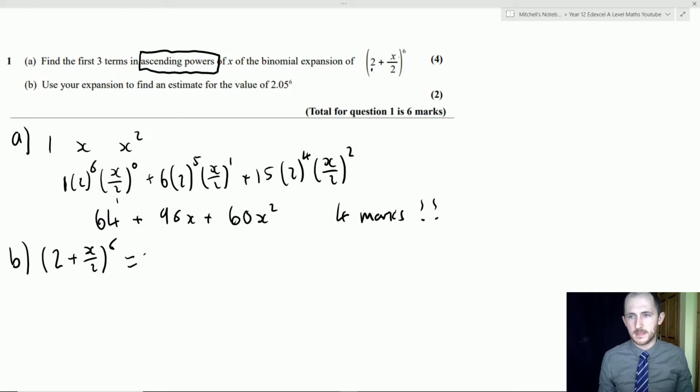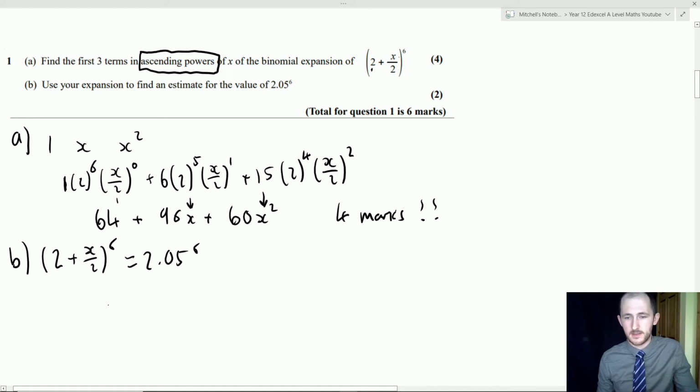And I want the expansion for this. So what I want to do is I want to know, what do I sub in for x in order to get the estimate? And what we do here is we work out what x is. So the first thing I do is I'm taking the 6th root of both sides, which gives me 2 plus x over 2 equals